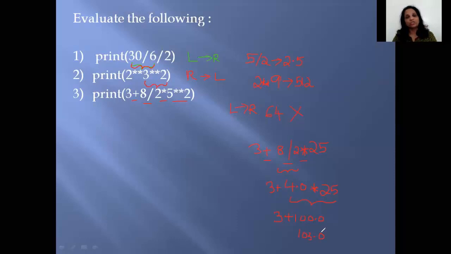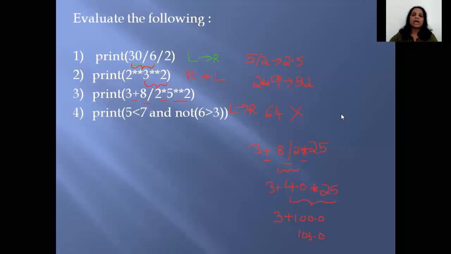In division operation, even if both the operands are integer, in this scenario 8 and 2 both were integers, the result is always going to be in terms of floating point. So instead of writing 4, it becomes 4.0. Is that clear? Okay, so now these were all arithmetic operators. Let me see if I can show you any other operators being used.